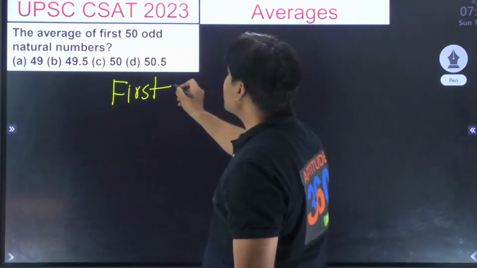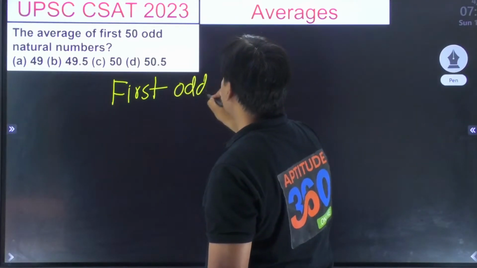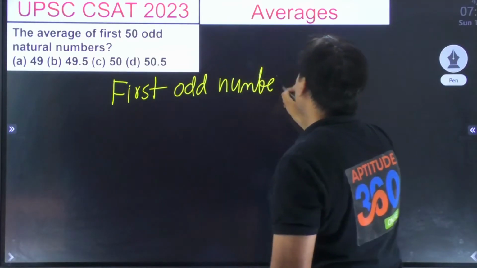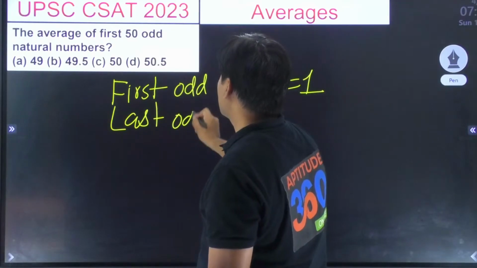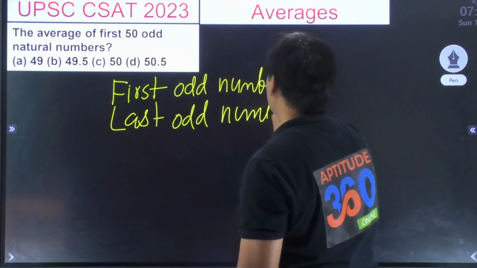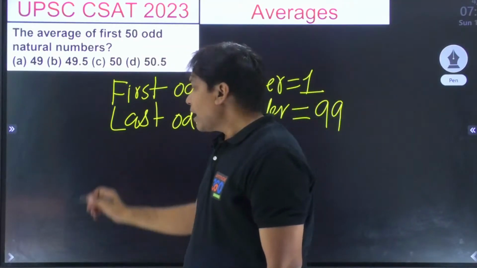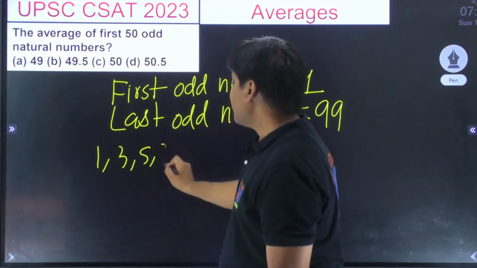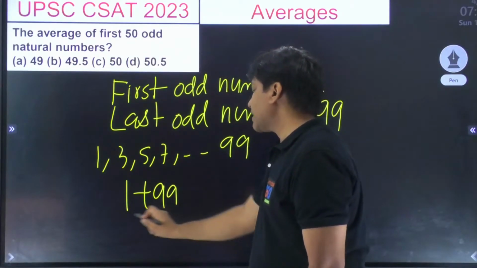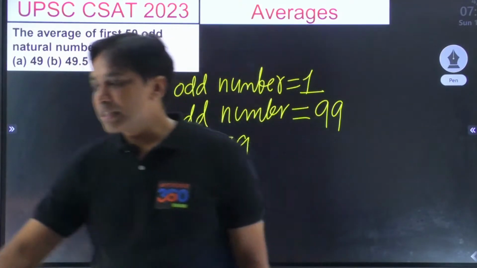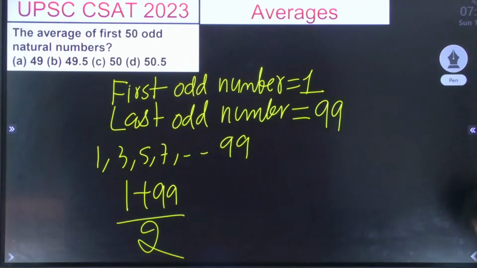Your first odd number is 1, and the last odd number, which is the 50th odd number you're talking about, is 99. And 1 and then 3 and then 5 and then 7, so forth and so on. Are they in AP? Yes. So what is going to be the average of the entire data set? The average of the entire data set is going to be the first and the last divided by 2. Problem is simplified. Okay. Now,